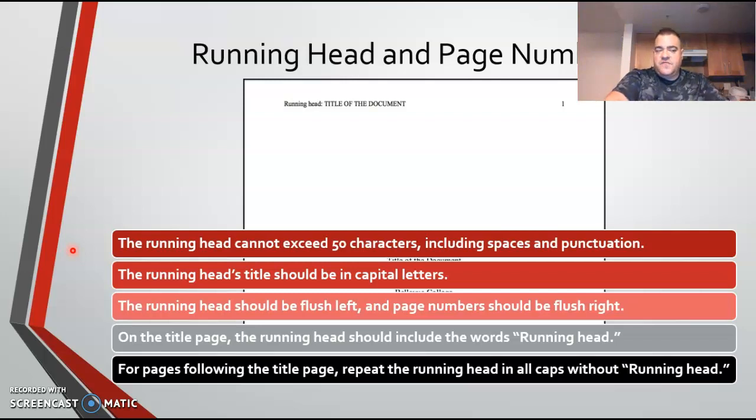This is a very important element because, as I mentioned earlier, the running head is a shortened version of your overall title for your paper. So on page 1, you have to actually include the words running head, in addition to some sort of truncated or shortened version of your title. And in this case, all those letters and spaces combined, including punctuation, cannot exceed more than 50 characters. So, for example, if you had a paper that was called